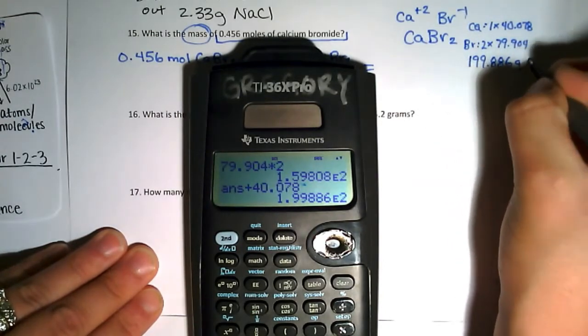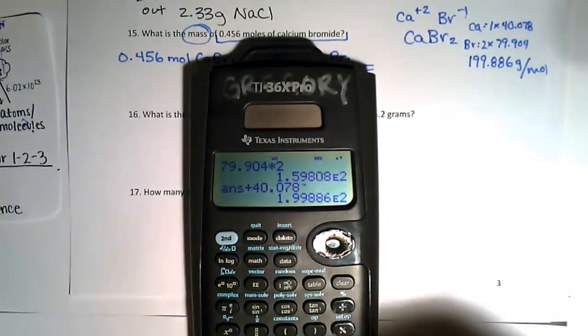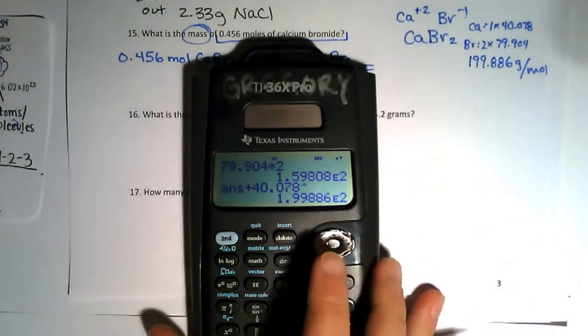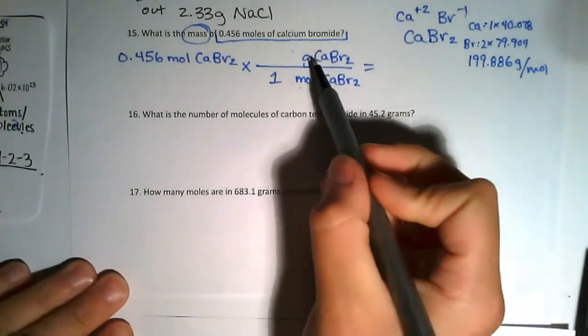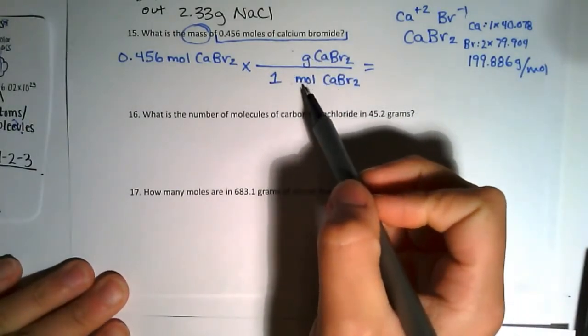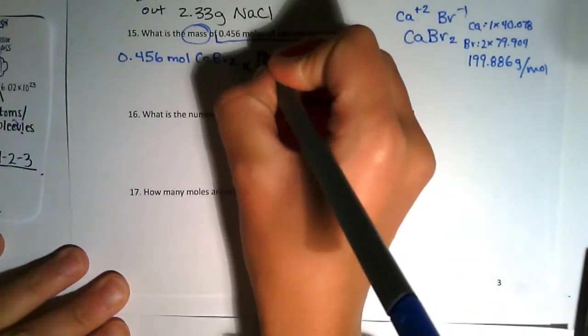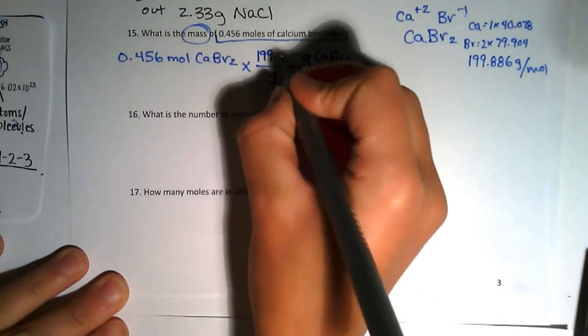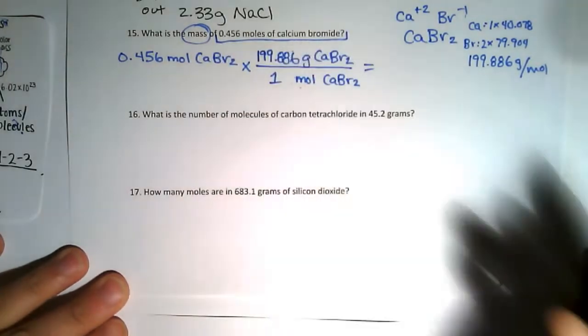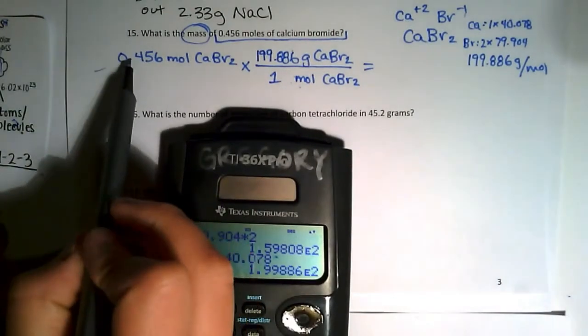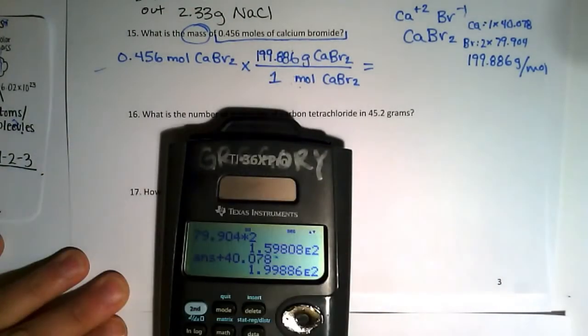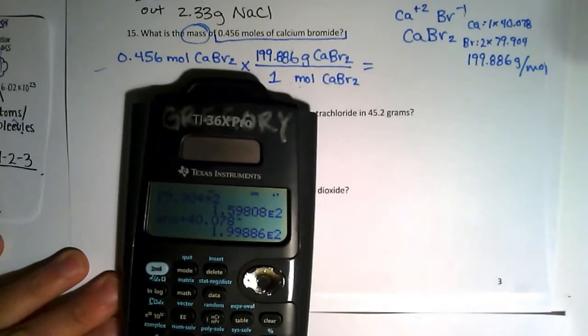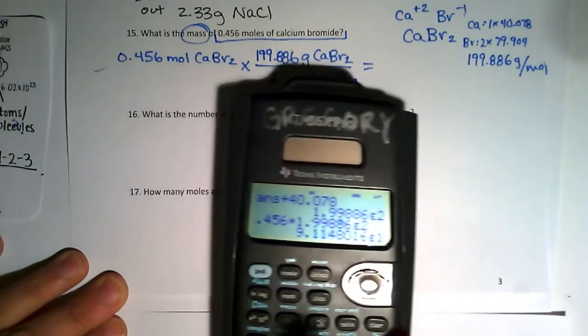9.886 grams per mole. Okay, so now we have our molar mass. So we know how many grams are in 1 mole of calcium bromide, 199.886. So now we just need to do 0.456 times 199.886. So 0.456 times my previous answer, and that gives us